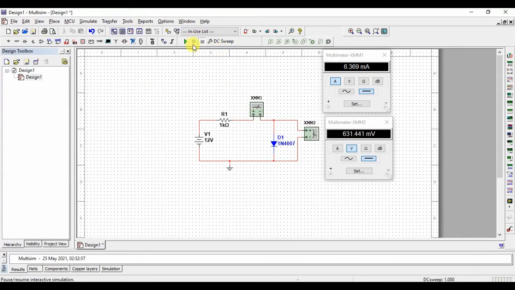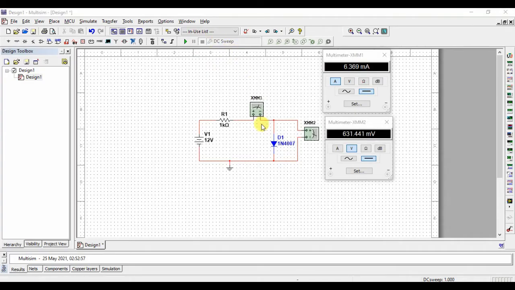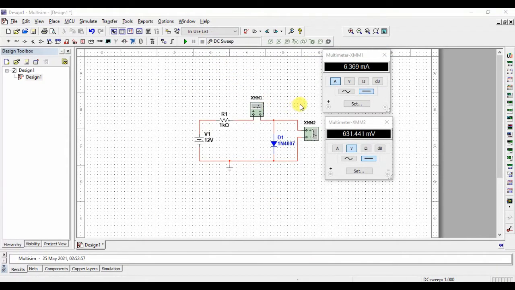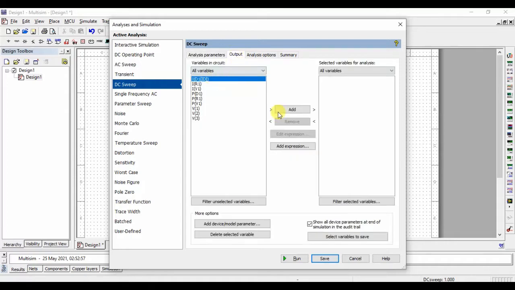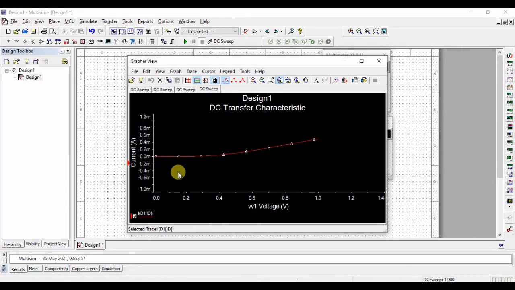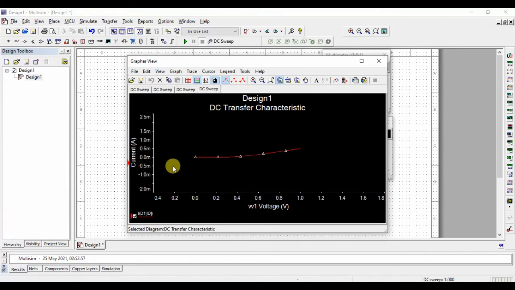If you have any problem, remove this, save the circuit, and try to add it again. Just simulate the circuit. You can observe here the current is in milliamps.